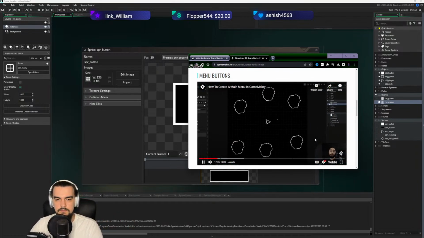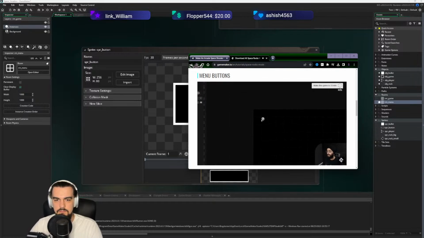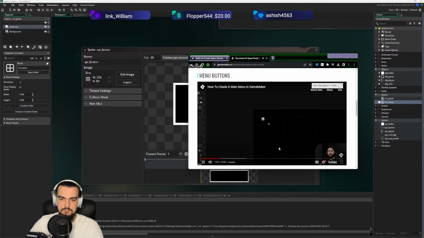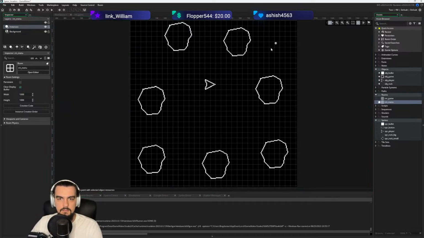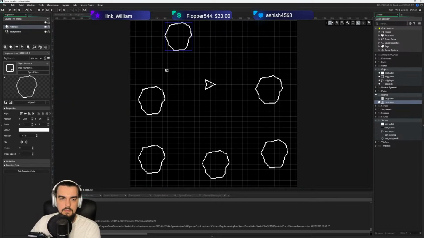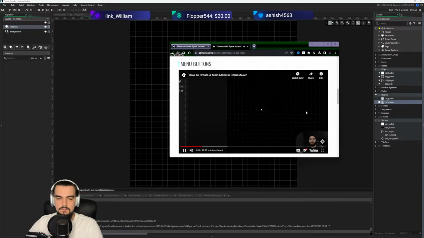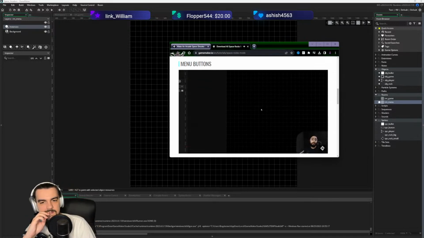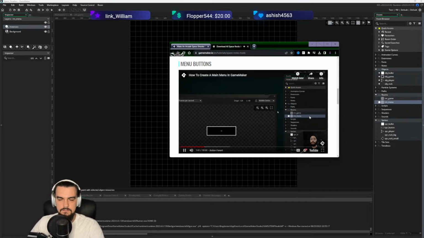Because we duplicated the game room, this already has the player and the rocks, which we don't need. So I'm going to delete all this. And also make sure you delete this instance, which doesn't have a sprite, because these are quite easy to miss. Okay. I'm opening the menu. Deleting all of that. The room is empty now, so let's go and create some buttons, and we'll come back to this later to put those buttons here. Now before we go and make the buttons, it's a good idea to make a custom font that we can